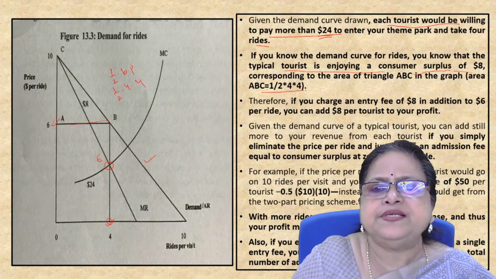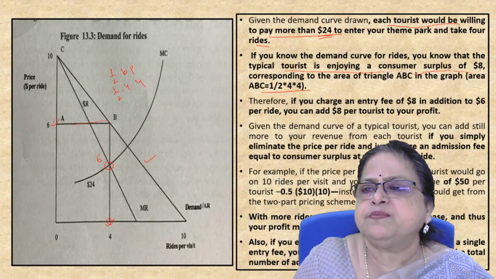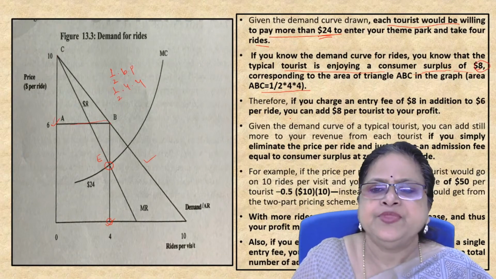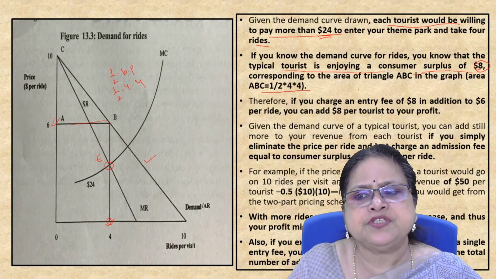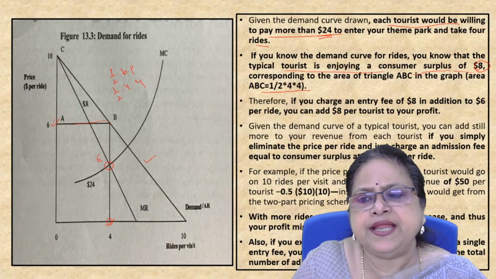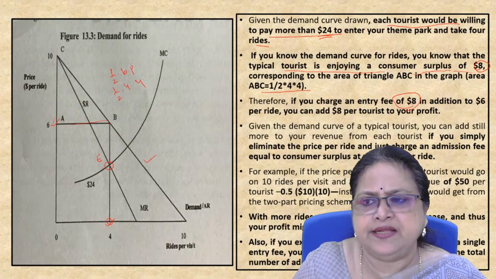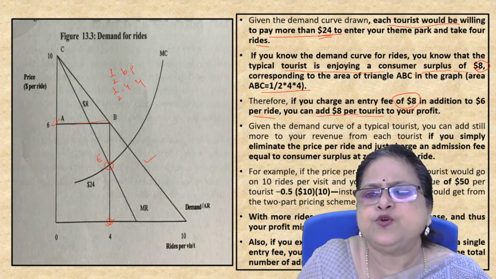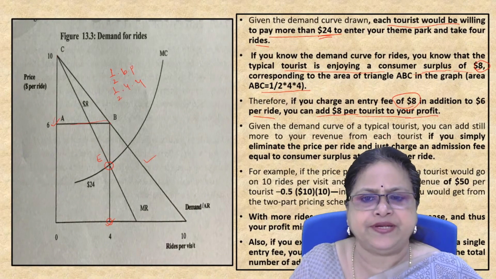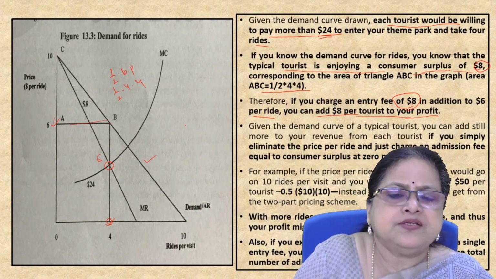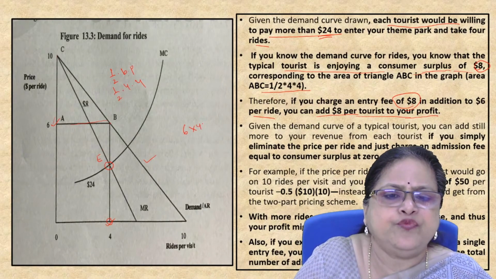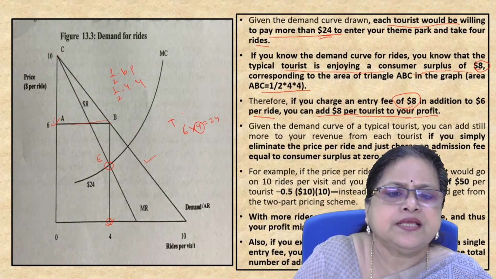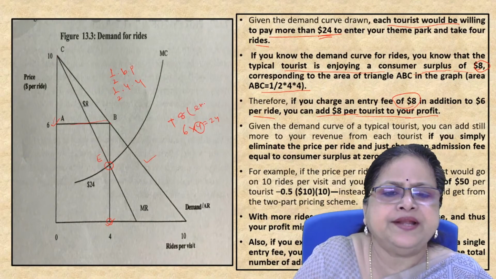So this is ABC, that is the consumer surplus, the amount is rupees 8. Now if consumer surplus is 8, and the entire thing is charged by the seller in addition to 6 rupees per ride, you can add 8 rupees per tourist to your profit. That means the consumer is paying 6 into 4, that is 24 rupees for 4 rides, plus 8 rupees,